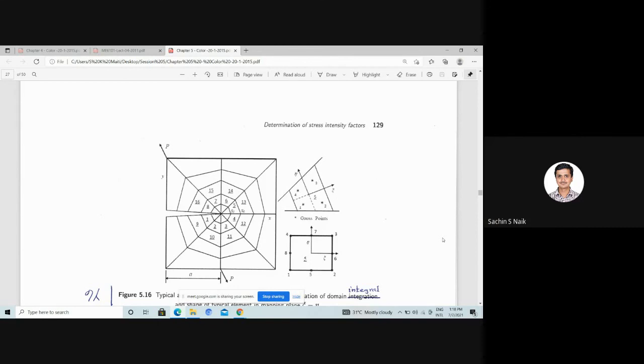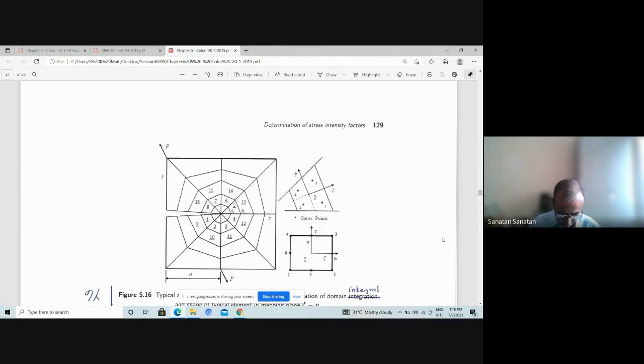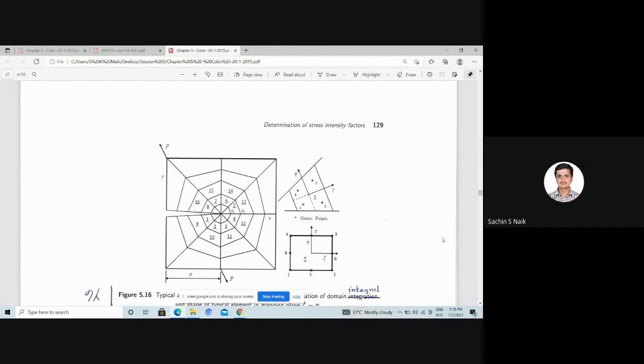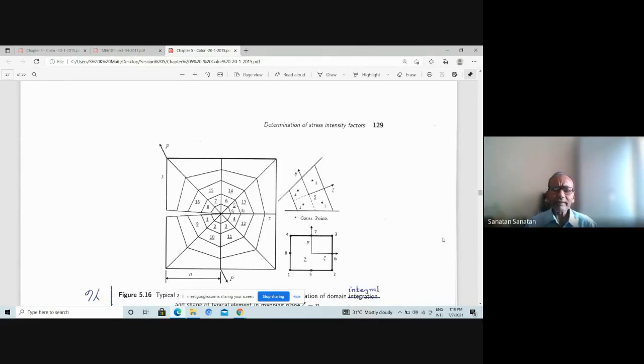Sir, one more question is that if I have a grooved shaft and if it is subjected to torsional loading, so it will be again mode 3, then I just wanted to know whether the stress intensity factor K3 would be uniform along the entire circumference of the groove or the notch. Now again, you see that when you have that situation, the stress intensity factor is always going to be different at different points on the crack front.